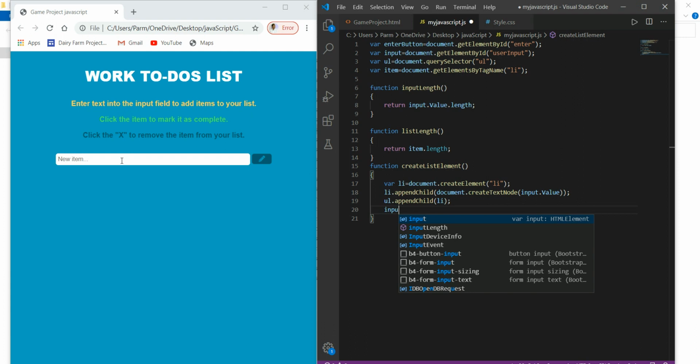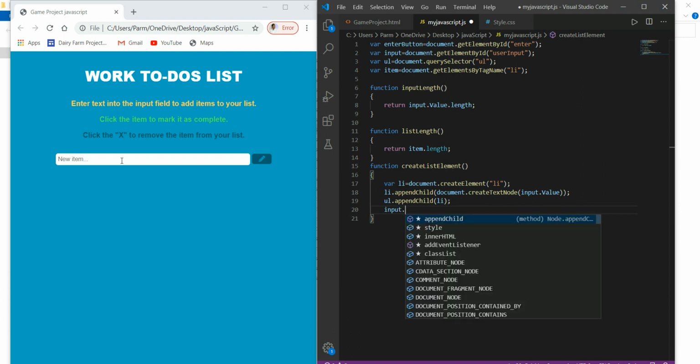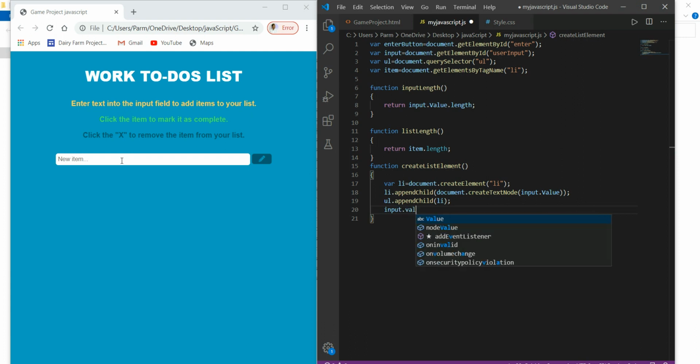So here we write input.value equal to blank. We are again initializing or resetting this. Okay, so this is done.